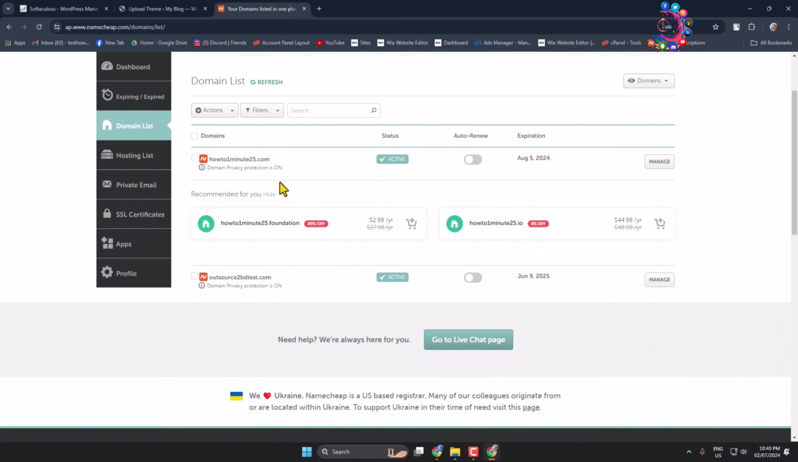And in this domain list, here you will find all of your purchased domains. And now, for example, I want to add this domain to my hosting. So first of all, I'm going to copy this domain name from here and then go to hosting section,